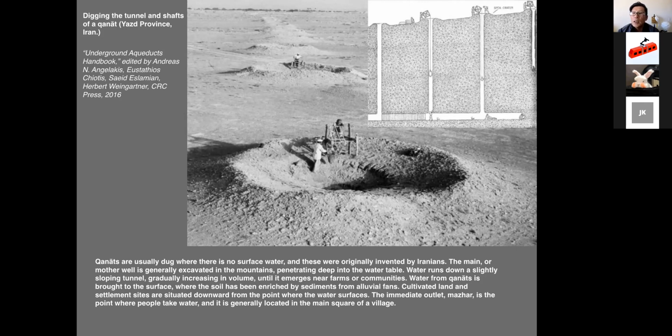And you can see the drawings on the right top, a man standing, turning what looks like something you would use to turn yarn for making cloth, raising and lowering a basket that takes the materials that were dug out, and you can see it in the picture there as well. It's operated by a human. It's a kind of sophisticated pulley system in the ancient period, and there are actually 3 men down below digging holes. And then on the very far right, you see another hole being dug by another person,